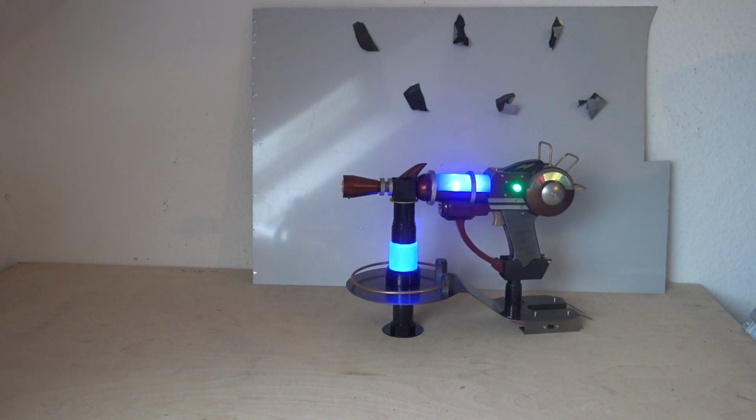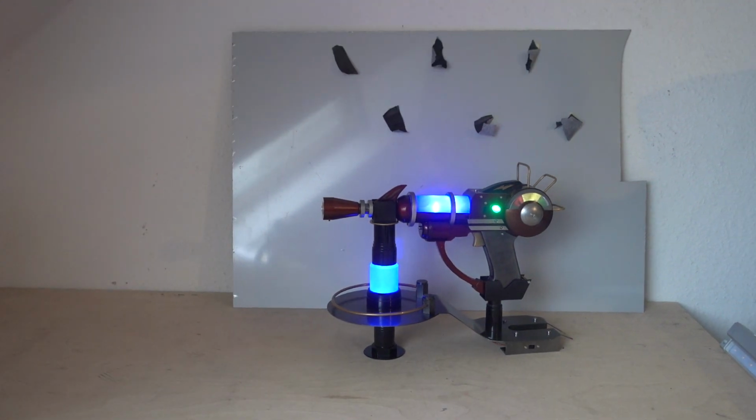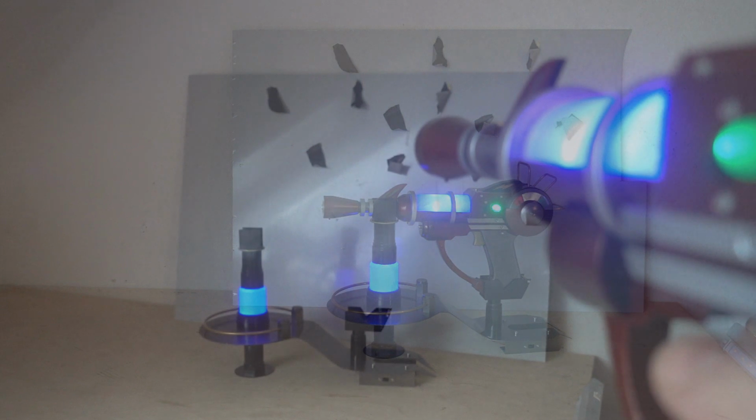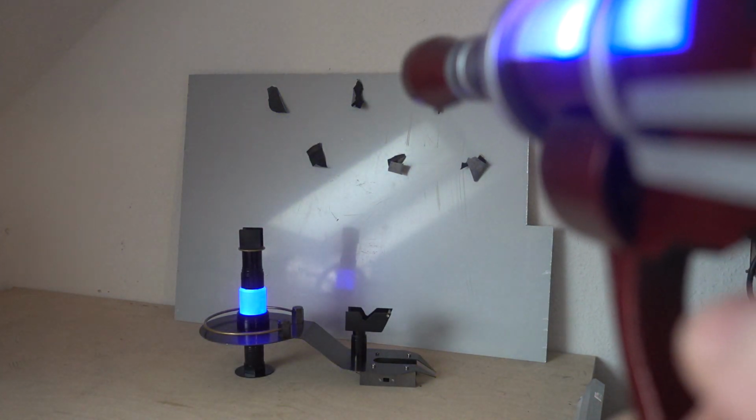Lazy Gadgets. Today I show you my Call of Duty ray gun, custom made for a die-hard fan, I would say. Before I go into the details and show you the little details on the gun, let's just shoot a bit of flash paper and see what happens. Don't laugh about my aiming, it's kind of hard to